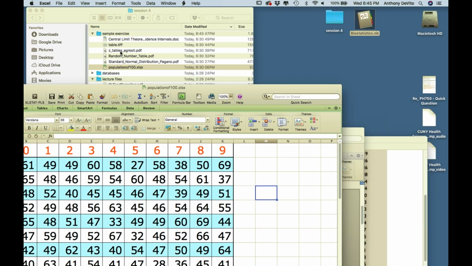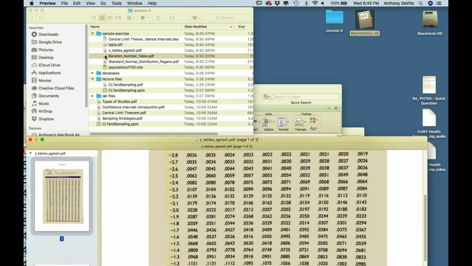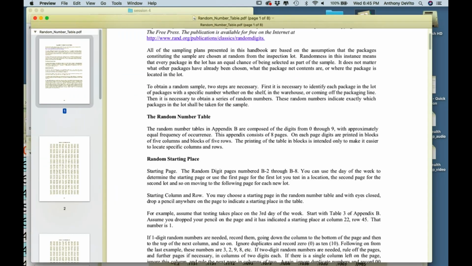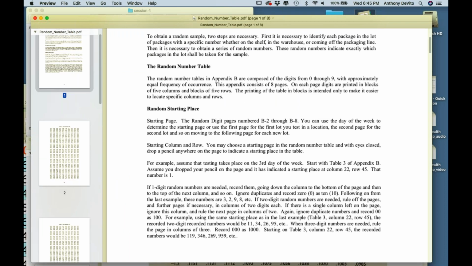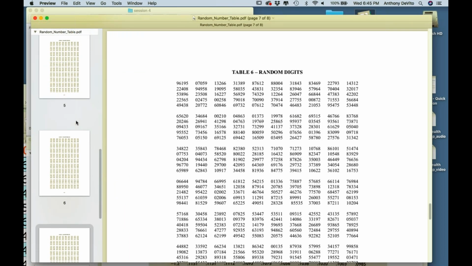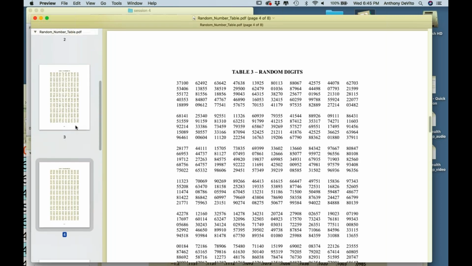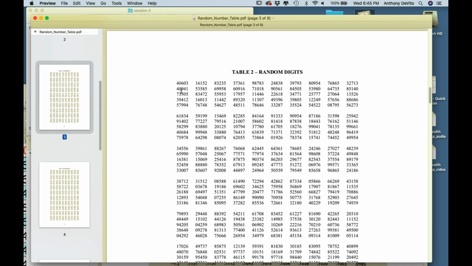We're going to use a really simple version of that, and that is another table here, a random number table, and this is literally a book which contains random numbers. This only shows a few pages of this book. These numbers were generated either by a computer or some other technique, and they are numbers from 0 to 9 generated randomly. So what we could do is start anywhere in here.